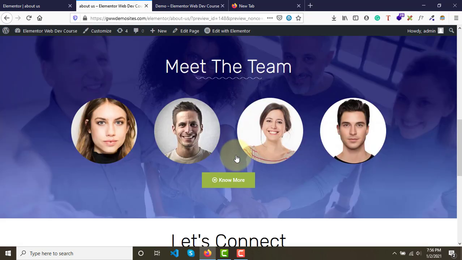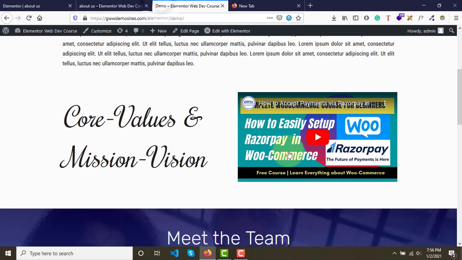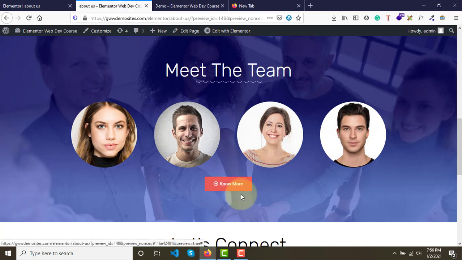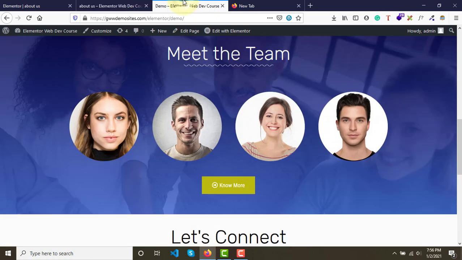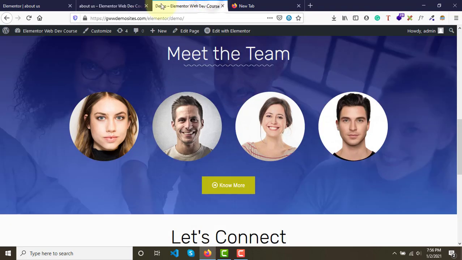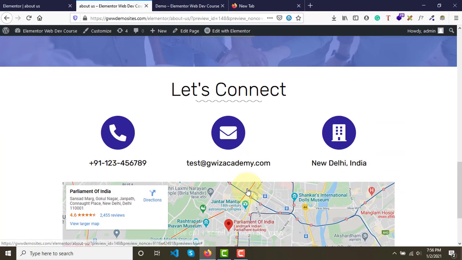The third section is meet the team. Here we have meet the team. The color and font, the button style is slightly different because the color doesn't match this button. So you can play around. You now understand the difference between this and this, and you might want to add some margin on the top for this button and reduce the size of this button a little bit so it'll look similar to this one. And then we have this let's connect section,